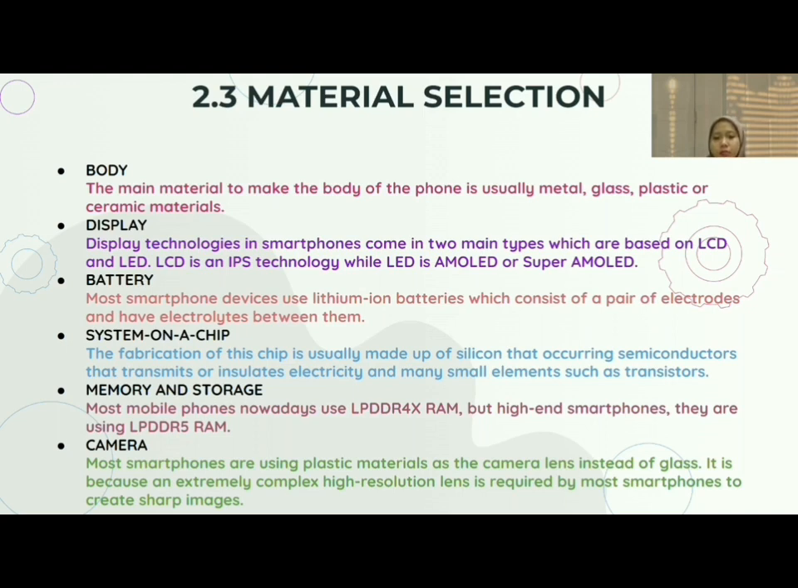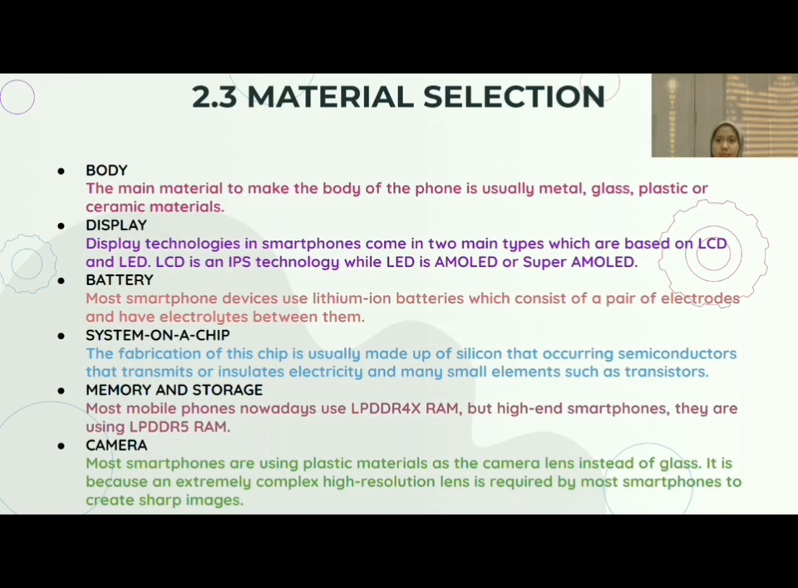The second one is the display. The display technologies in a smartphone come in 2 main types, which are based on LCD and LED. LCD is an IPS technology, while LED is AMOLED or Super AMOLED. For the battery, most smartphone devices use lithium-ion batteries, which consist of a pair of electrodes and have electrolytes between them. Lithium, graphite, and nanowire are the main materials that will be used to make the electrodes, but all of them rely on the chemistry of lithium because it is a reactive material which has the propensity to